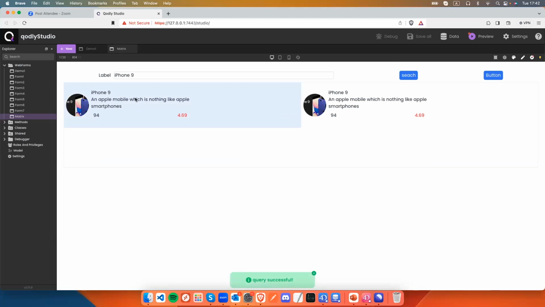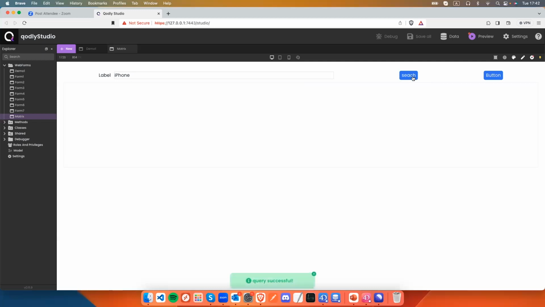I have some duplicated data, so it's normal to have two iPhones 9 here. The problem is, if I look for iPhone, nothing is there because